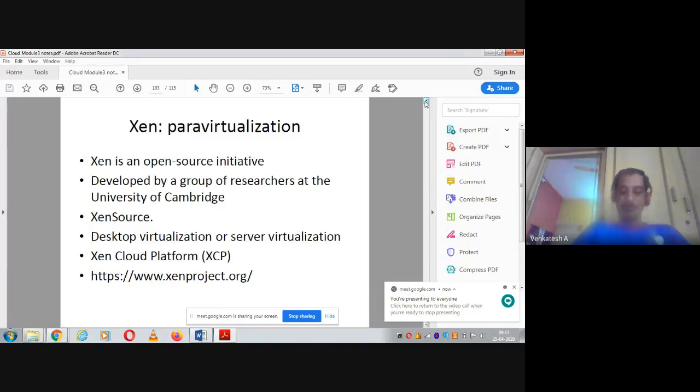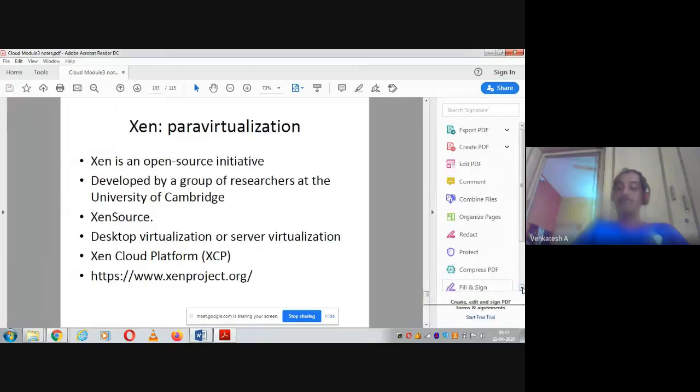So Zen is basically a hypervisor, and it follows microkernel architecture. The meaning of microkernel architecture is that it is a kernel which doesn't include all the full-fledged functionalities of the operating system. It supports only the basic functionalities that are required, like process management, memory management, accounting and so on. And it's an open source project, and vendors who have implemented the Zen architecture include Oracle and Citrix. So Oracle and Citrix, they follow Zen architecture.